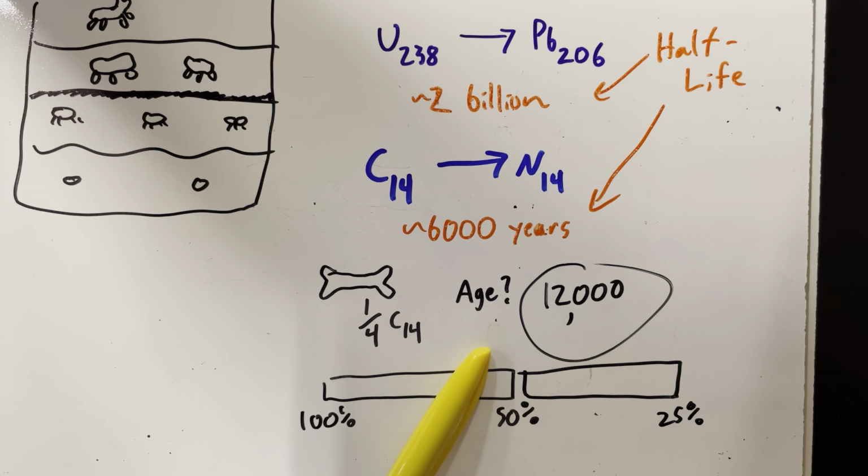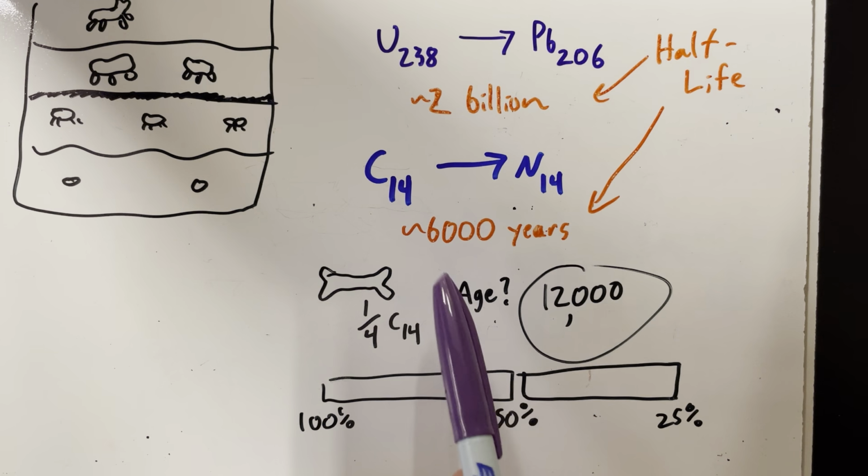It doesn't work since 1945. Why? Well, we started exploding nuclear bombs in the atmosphere, and the amount of carbon-14 just exploded. A nuclear explosion creates tons of carbon-14. So now the scale's all wonky and weird. So it's really hard to do things since the 40s. But anything older than that, carbon-14 is pretty accurate.